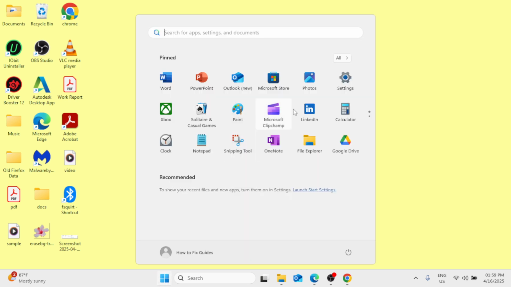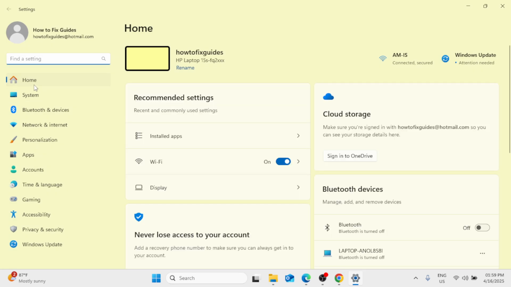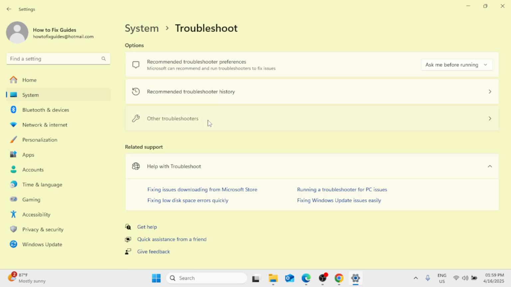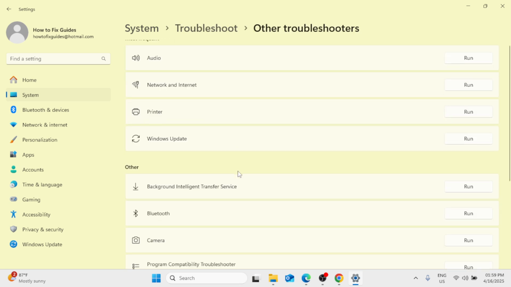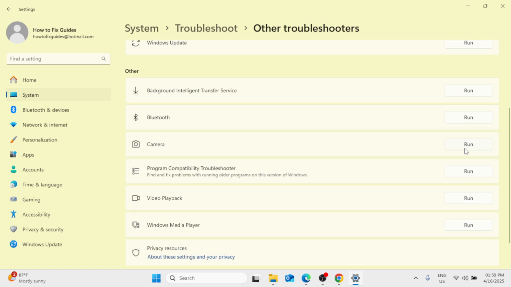Click on the start button and click on the settings icon. Now here in the list of options on the left pane, you have to click on system. Scroll down and you will find troubleshoot. Click on other troubleshooters. And here, if you can find the keyboard, then you just need to simply click on the run button that corresponds to keyboard. So once you find the keyboard with the run button that corresponds to it, click the run button to run